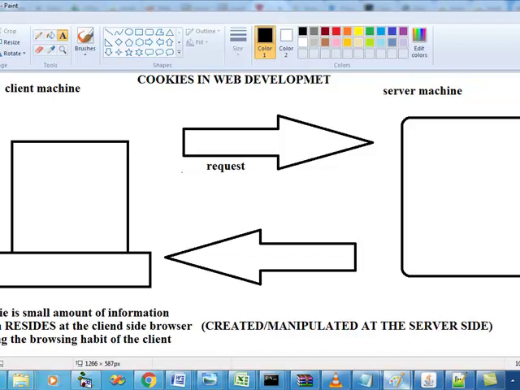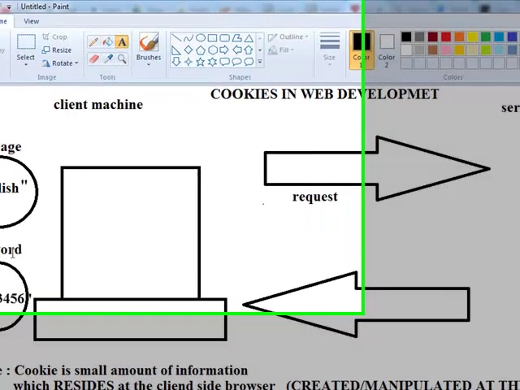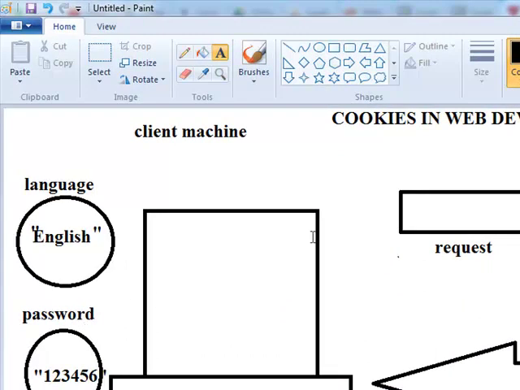If I have 20 cookies, 5 of Amazon, 5 of Flipkart, 5 of Myntra, 5 of Jabong, and I request the Myntra server, how many cookies will go with the request? 20 or 5? So it will shortlist all the cookies of that particular application and send them along with the request object.